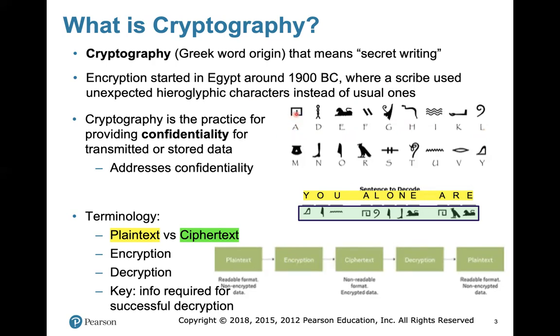You can encode it, or you can hide it by substituting it with some hieroglyph characters or hieroglyph symbols like this. Assuming this text here, or this series of symbols, it means, for example, you alone are blah blah. This is a part of a bigger text. I didn't want to bring all of it because that's of course not a part of our course. But if you look here, this symbol which is here stands for Y, and this one here stands for O, and so on.